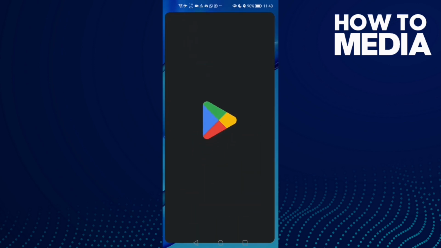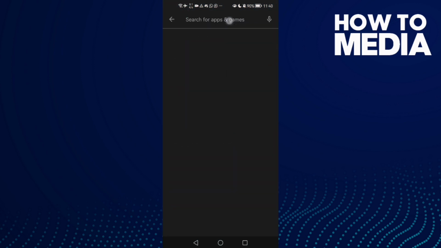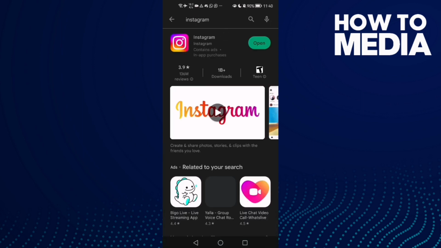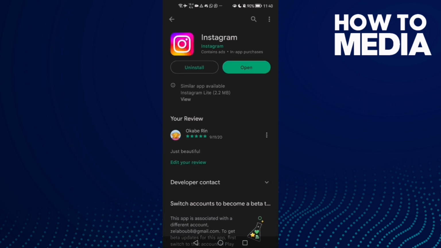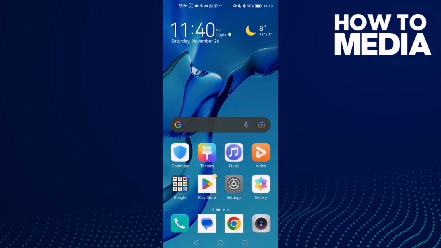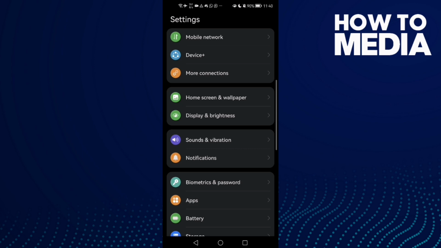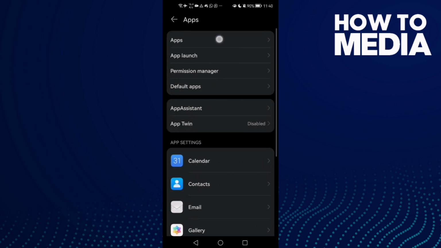First open Play Store and here make sure your Instagram is updated. Now click on it and that's it. Now just see if there is any update for Instagram, and if that doesn't fix your problem, let's move to the next step. Go to settings, apps, this one for Android phones, apps,